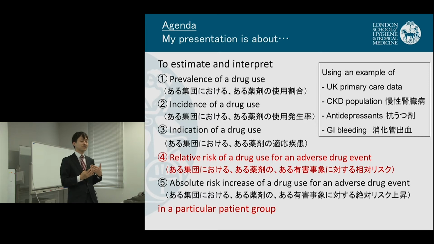But I know that sometimes it's criticized that one research is split into two or three papers to make more impact factors or something like that. But I think it's not a bad idea to first publish drug utilization and then move on to the side effects or relative risk of the drug, in the case of pharmacoepi.